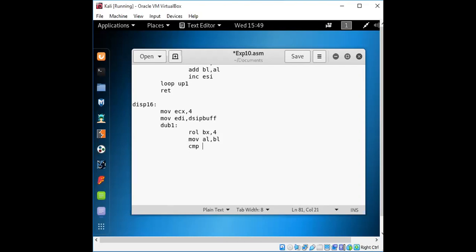Compare it with 0H, sorry, not bring it here, add and then compare this with 09H.